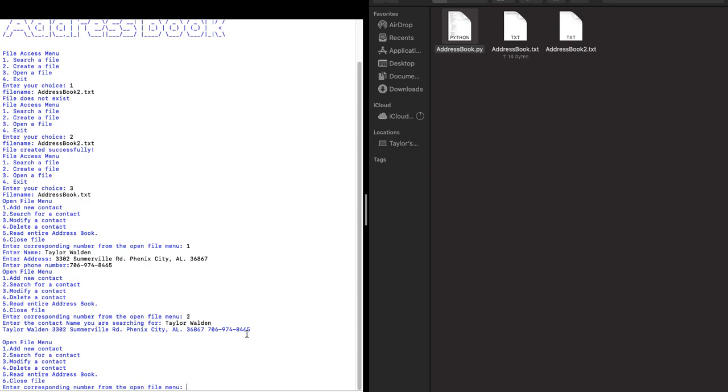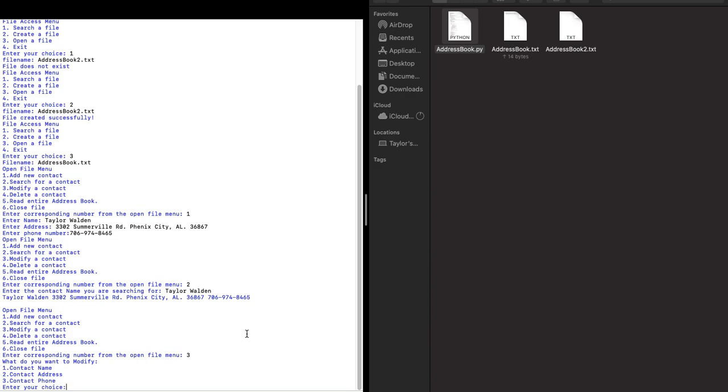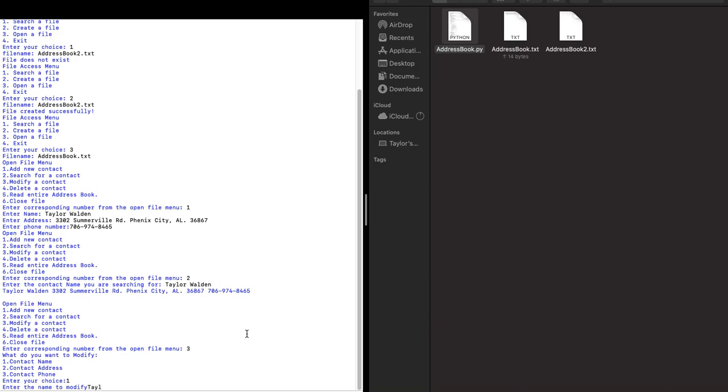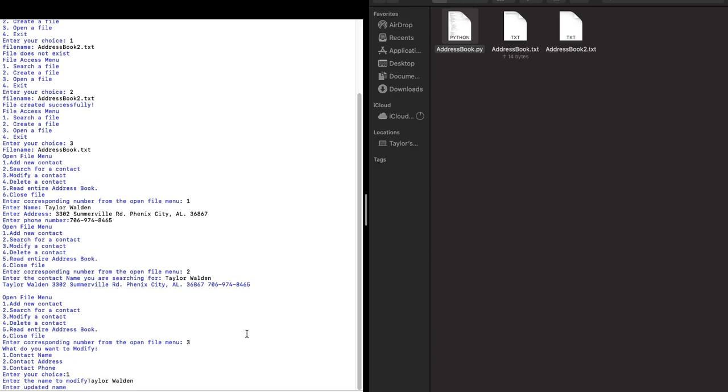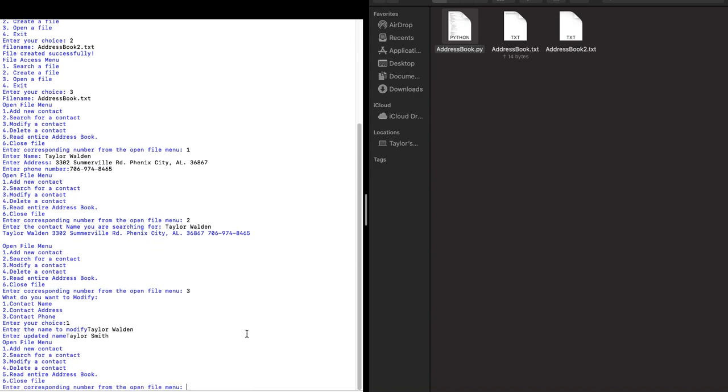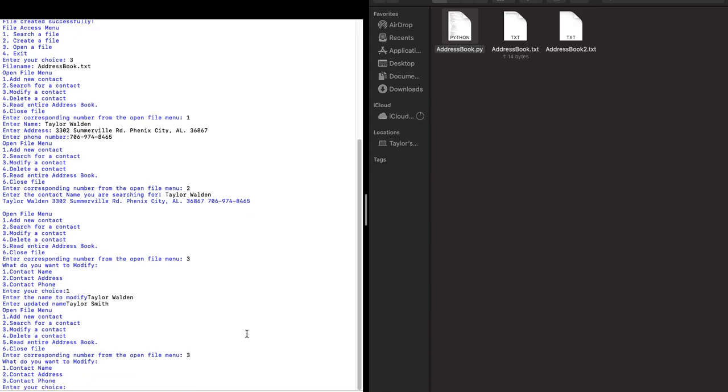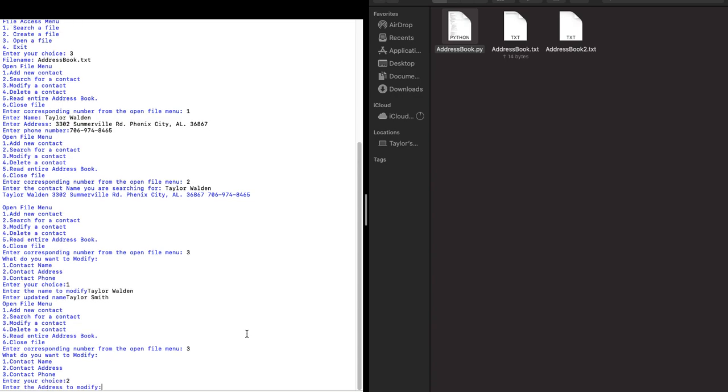Next, we can modify contacts, and when you enter 3 to do that, it's going to ask what you want to modify. You can modify the contact name, contact address, or contact phone. I'm going to do all 3 for the sake of this demo. So first I'll enter 1, and it's going to ask for the name you want to modify, and I'll just modify my name. I'm going to change my name, update my name to Taylor Smith, and then it should have updated, but I'm going to go ahead and modify again and change the address. So I'm going to enter 2, and it's going to ask for the address you want to modify. So I'll type in